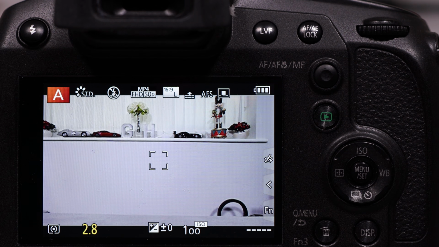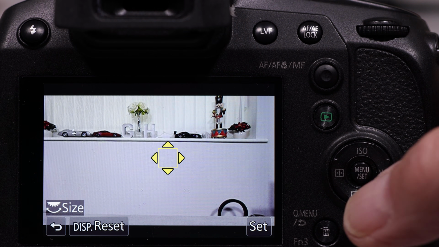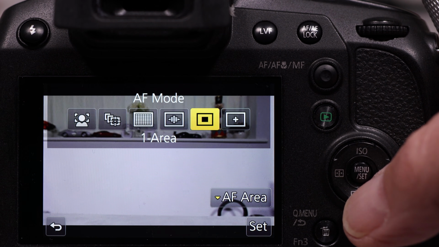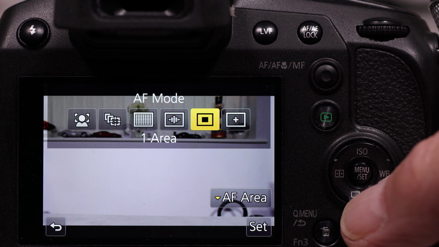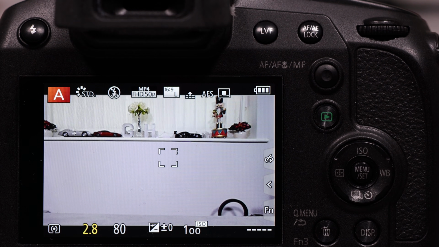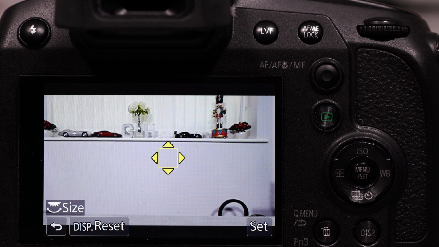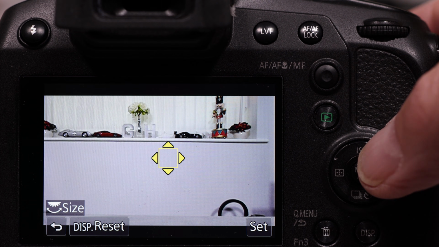To change the size and position, you can either change the position by moving it with the cursor on the back of the touch screen. You can use the navigation dial if you go through the operation of selecting that mode, then pressing the cursor key down to enable you to get to that operation again. Or now that we've got function button 2 programmed, if we press function button 2, it takes you directly to the position where you can actually set the size and the position.